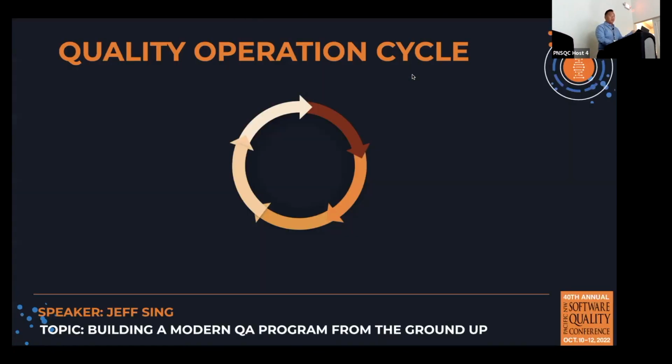So quality operations runs in a cycle, right? We're going to constantly run in this cycle. And what is the cycle? Well, the first one is data collection, right? What indicators do we want to monitor to determine our system quality and customer satisfaction, right? And how do we collect this data? What does it mean, in our opinion, that we can check to see our system's good, and we're doing good, we're releasing good, right? Or bad, right?